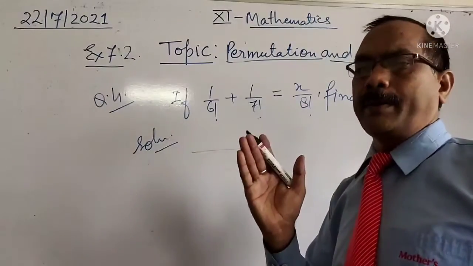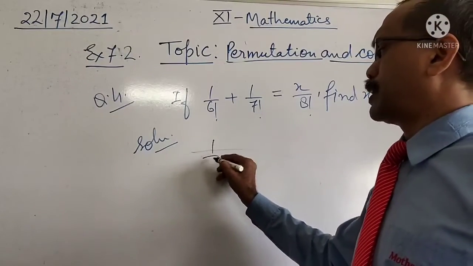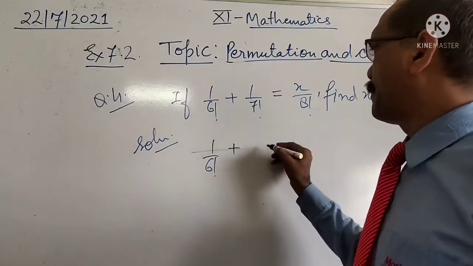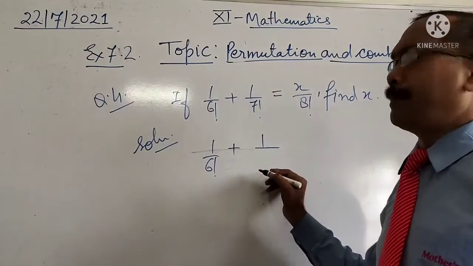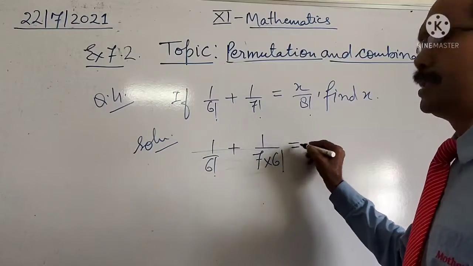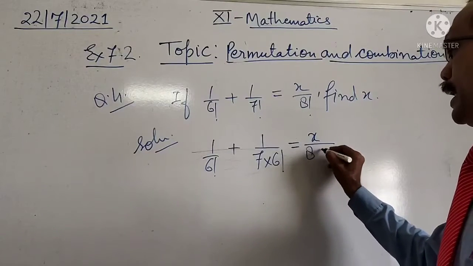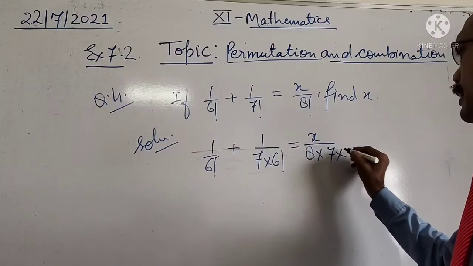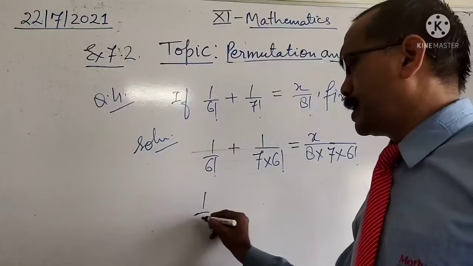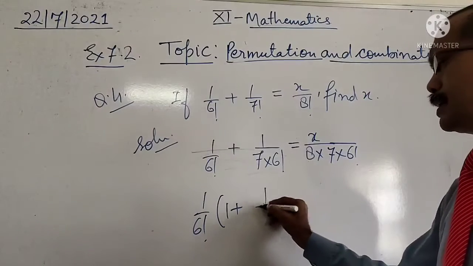Dear student, here we will break big factorial into small factorial. So 1 upon 6 factorial, it is smaller one, we will not break. 7 factorial can be written as 7 into 6 factorial, is equal to x upon 8 factorial, which is 8 into 7 into 6 factorial. Now here 1 upon 6 factorial is common. So it is 1 plus 1 upon 7